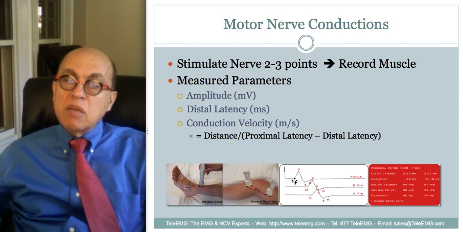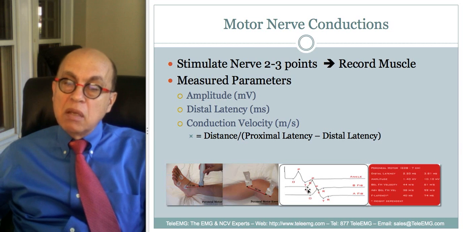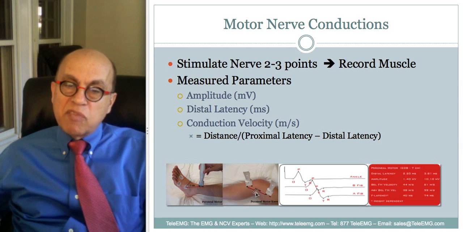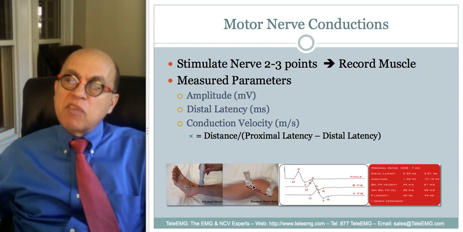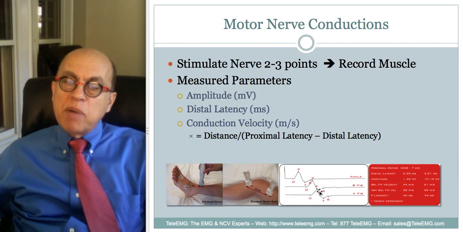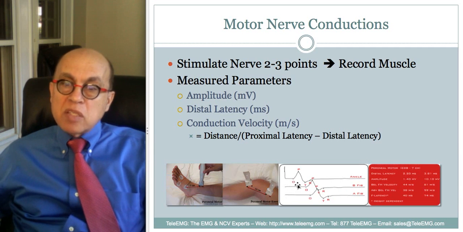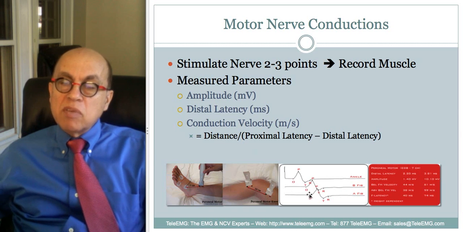So here you see from stimulating at the ankle, this is the motor response, O, P, and T. This is below the knee, and it's actually called the fibular head, because the fibula bone has a head, and the nerve gets compressed right at that point. So we call it below the fibular head, below fib here, and above the fibular head. The fibular head is right here. And you can see how the O has now moved further. So we can calculate the conduction velocity between this point and that point,